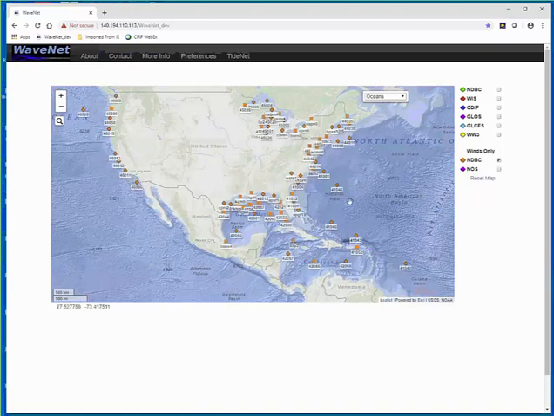And so all the wind and wave information is now available to you in WaveNet. Now before I move to TideNet, does this give you a general sense of what this system is about, what kind of information it provides and what you can do with it?